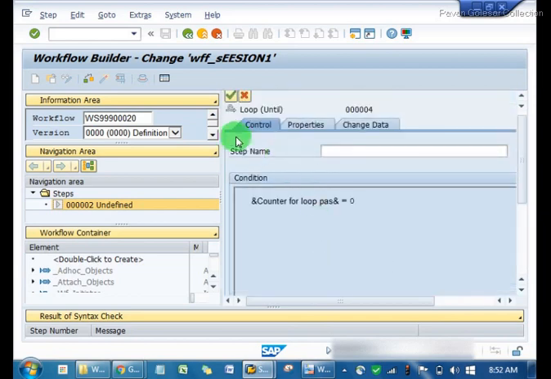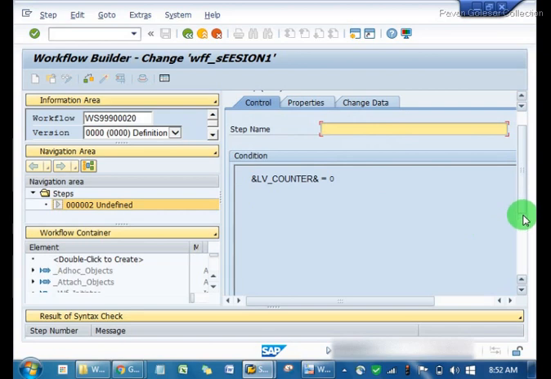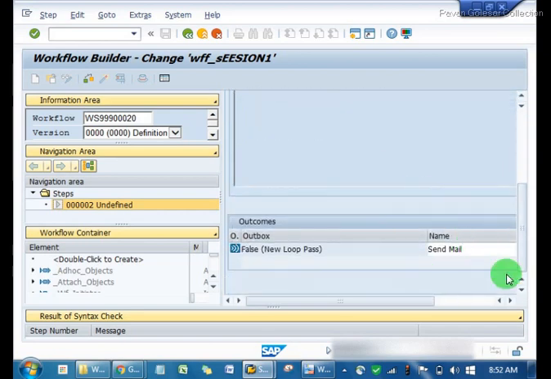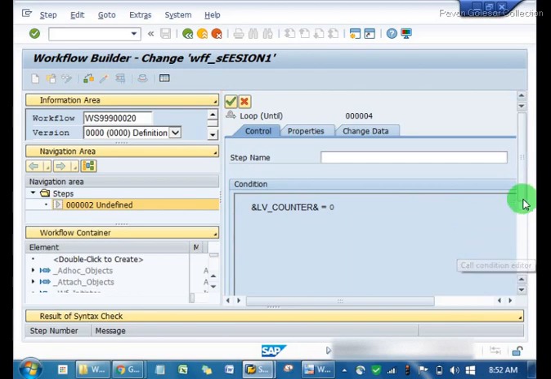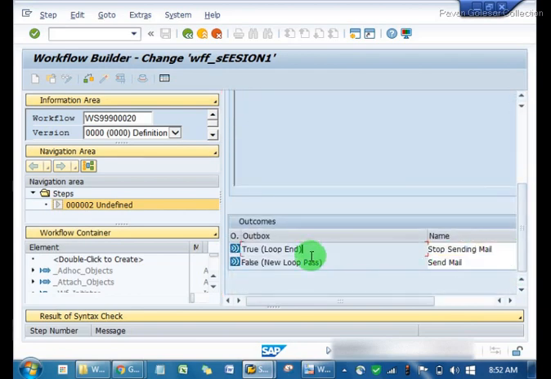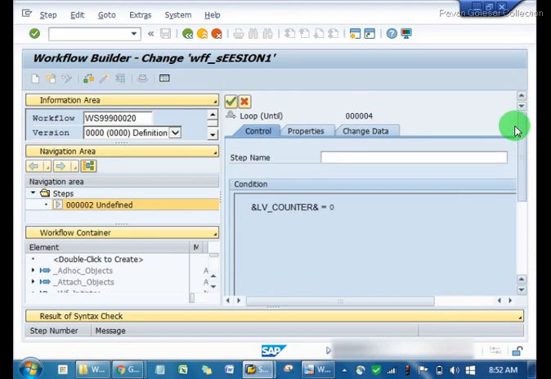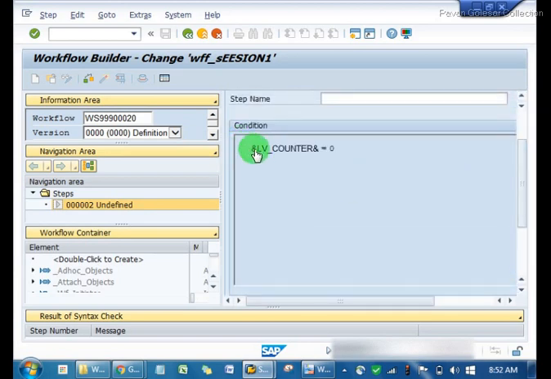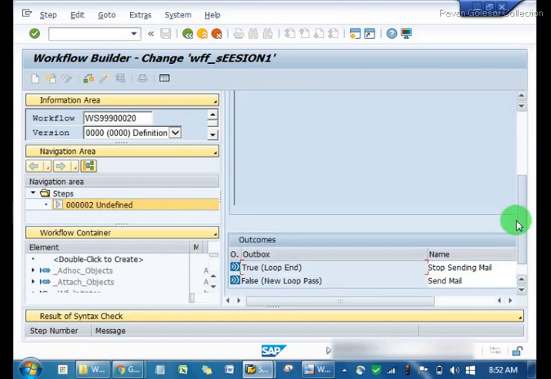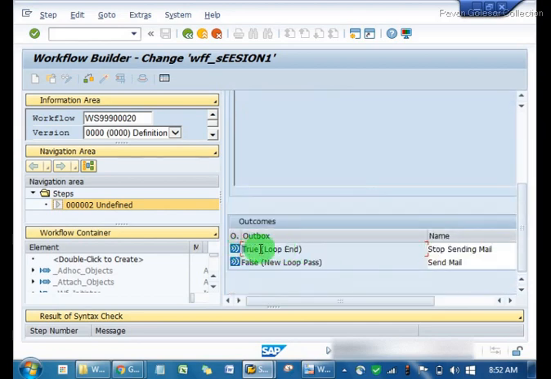First the value of the variable is 3. It will go into the loop, iterate. I'll do the decrement operation, then its value will be 2. So similarly, once it reaches 0, what is the condition over here? The variable value equal to 0. If it is 0, then this will return true. So we have to stop sending mail.